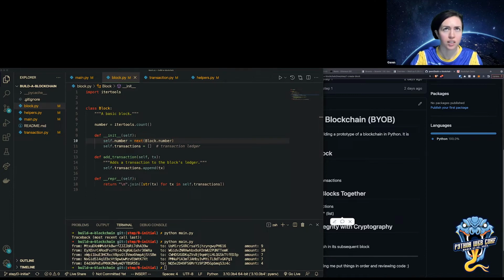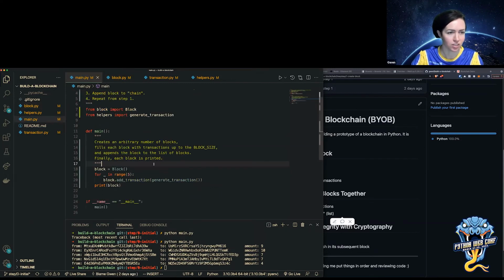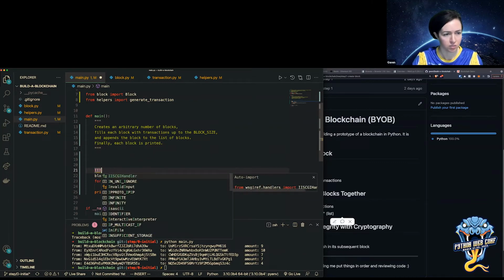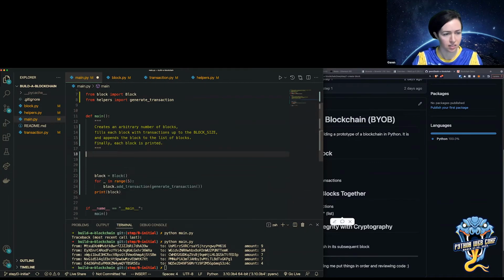I think that's all that I have to do for helpers. And that's it. So now I just need to update my main function. And then I'm going to actually add a new variable here. Let's call this block size.